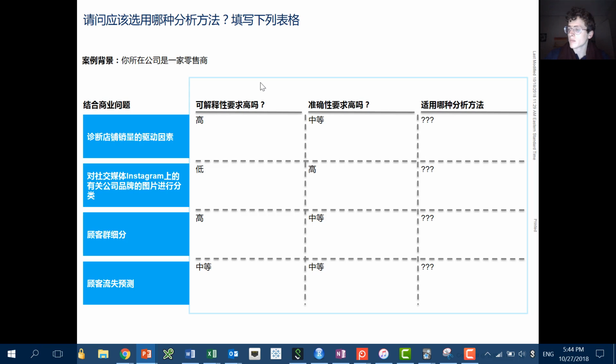So that's one. Next, let's classify images on Instagram with your brand. To make sure this is clear, this question is asking, try to go over all the pictures on Instagram and find all of the images that have your brand. Imagine that you work for a soft drink company, and they're looking for all pictures with their soft drink so they can promote it. So you don't need this to be interpretable at all. You just want really good predictions, and you want it to be very, very accurate.